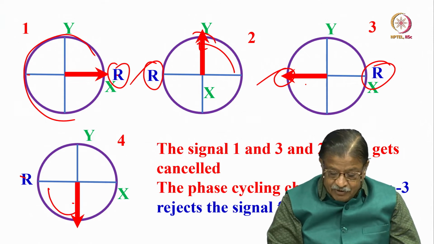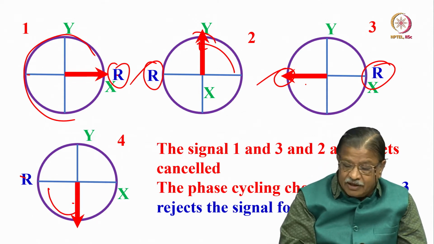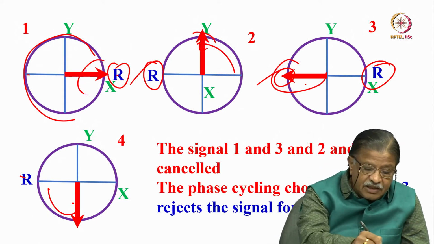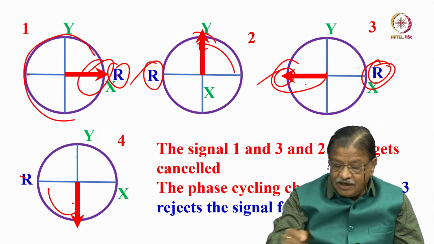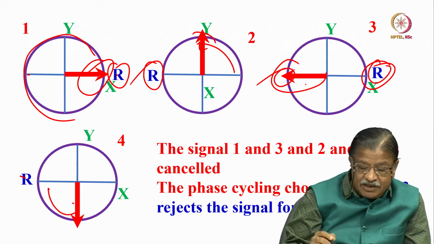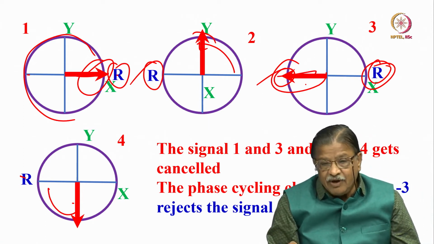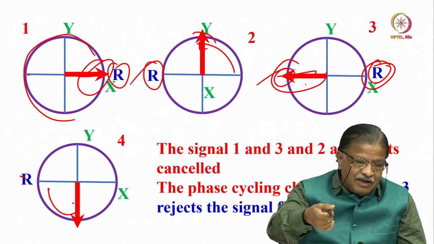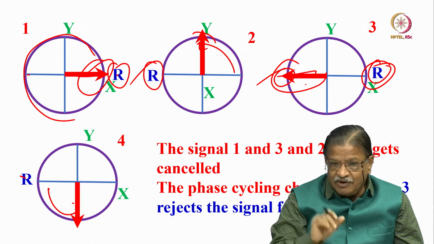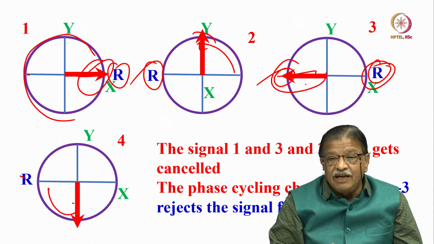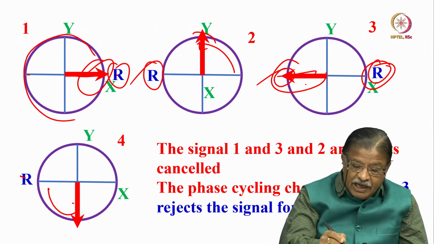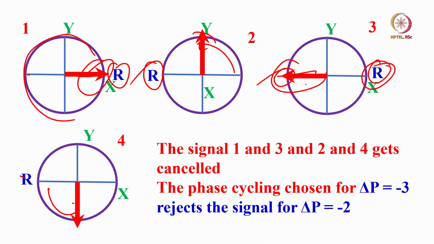So what is going to happen now? Signal 1 and 3, look at it. 1 and 3, they are opposite. Receiver is here. In this case, receiver is here, but one signal is here, one signal is opposite. So you get positive absorption, negative absorption, whatever you get, you will get completely nullified, get cancelled out. Take this one, 2 and 4. Again, you get signal, one's positive here, one's negative here, they get cancelled out.